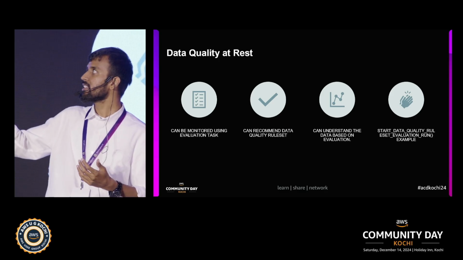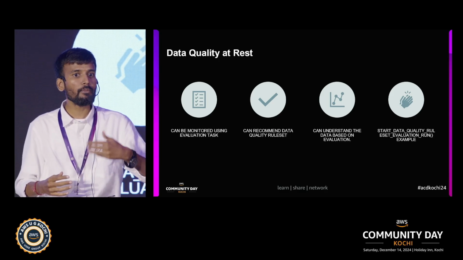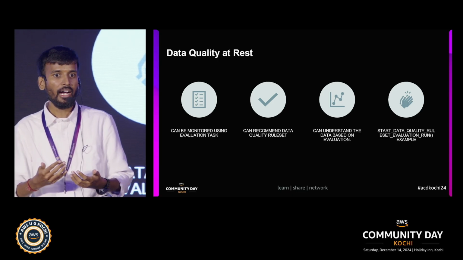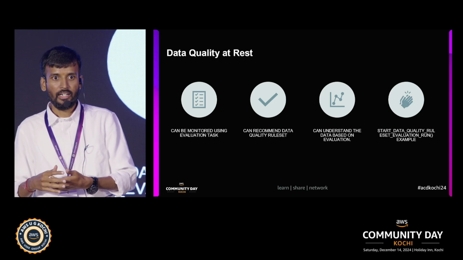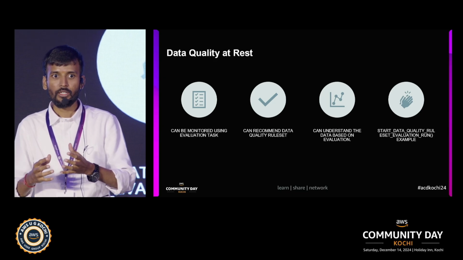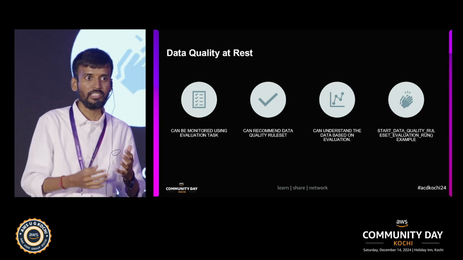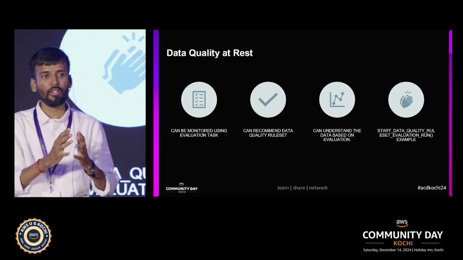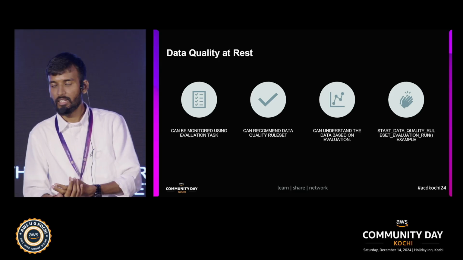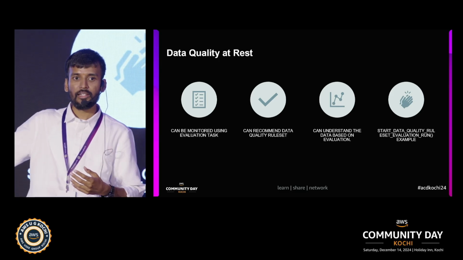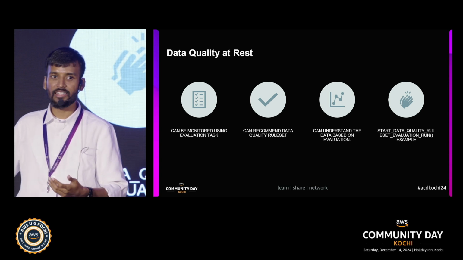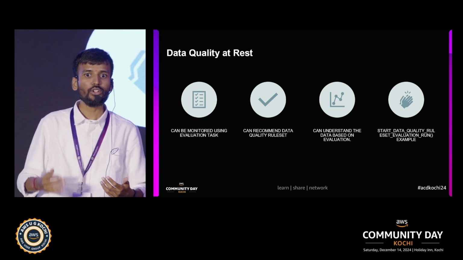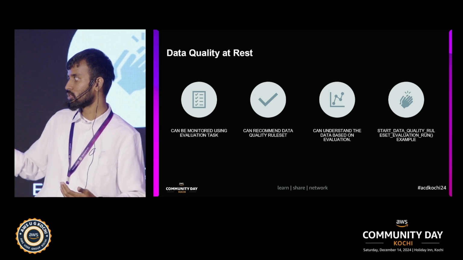And the main thing with data quality at rest is that it will recommend our rules. It will understand the data and recommend the rules for us, what rules we can apply on the data. This will be a static approach, but we may need to improvise the rules. Instead of assuming that we don't have any idea about the data, registering it on the catalog table and understanding it with data quality at rest will help us to understand the data and also what rules we need to apply. This is one of the things.